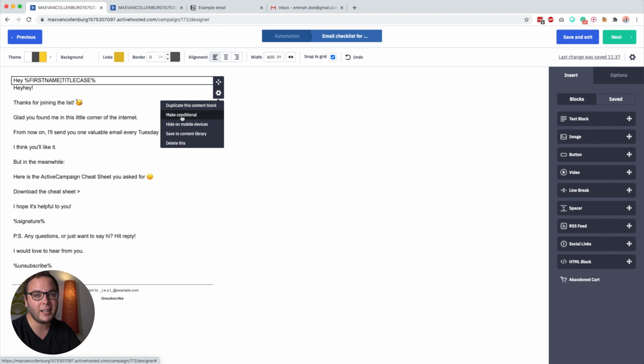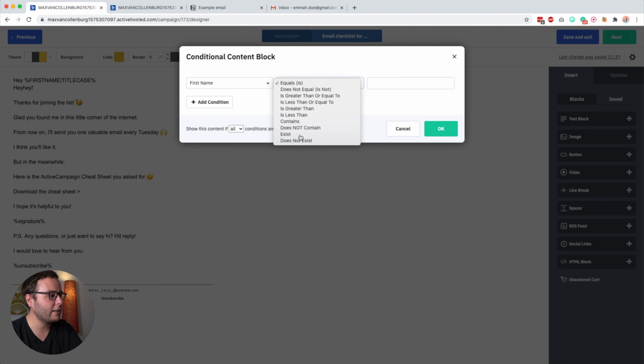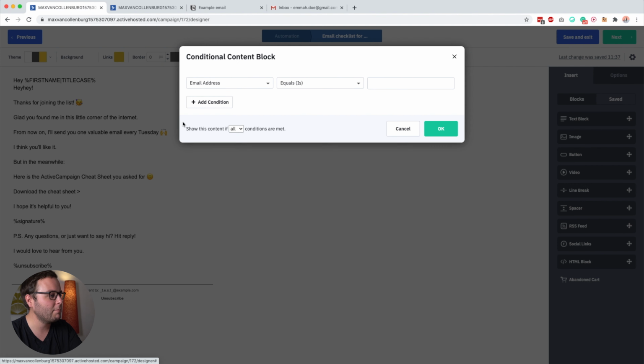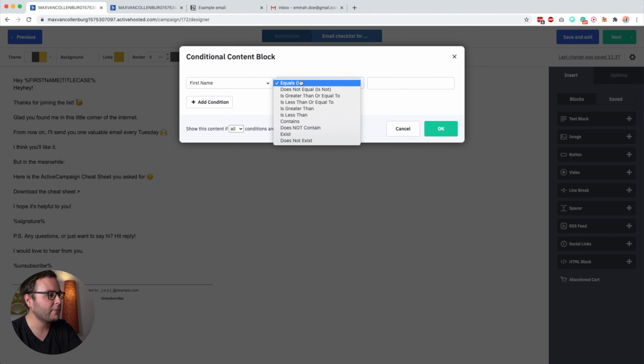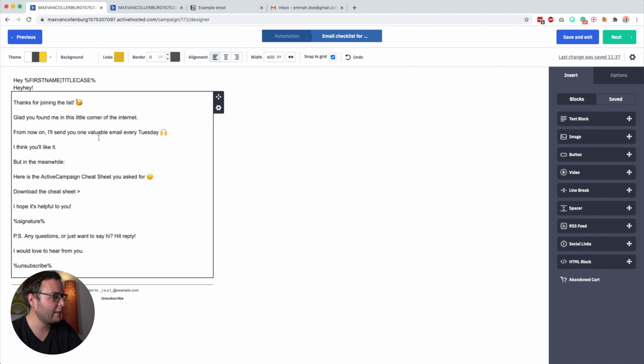So if you're using the Lite plan, then unfortunately you cannot use this. So here I say make conditional, first name, I go down here, I say first name exists. And then to the second one, we do the opposite, make conditional, first name, and then we say does not exist. And when we hover this, you can also see that it says here, will show if first name exists, will show if first name does not exist, and then everything else will be the same.